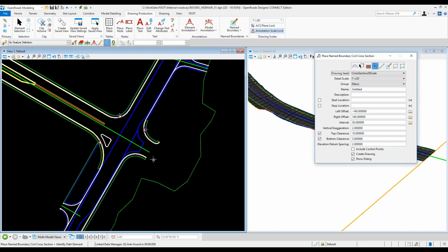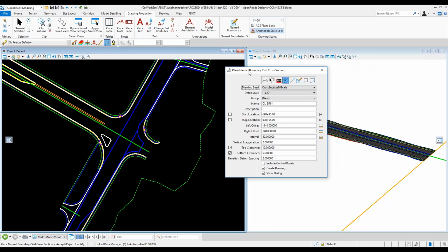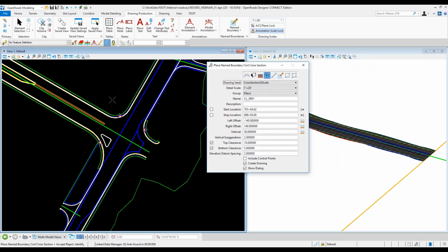So now what I want to do in my plan view is, again, I want to select my alignment. And then with this one I'm not going to snap or lock to the beginning and the end because it is going to cut quite a few sections. So now that I've got my alignment selected, I'm just going to set my start station to 700. And you'll notice once you type it in there and you tab, if you haven't checked this on, it'll automatically check it if you're setting a station. So I'll set my stop station as well, do 710, tab,